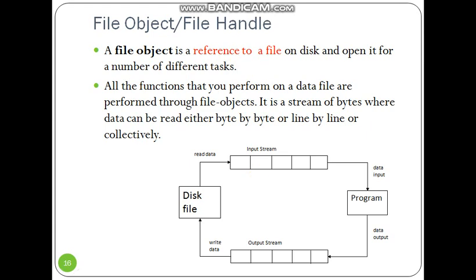It is a stream of bytes. If your program wants to write something to the hard disk file, then it needs to be carried out through this file object, the output stream object. Then if our program needs something from the file, that also needs to be through this stream of bytes, that means through the object. So this object is needed for whatever purpose you are opening the file.